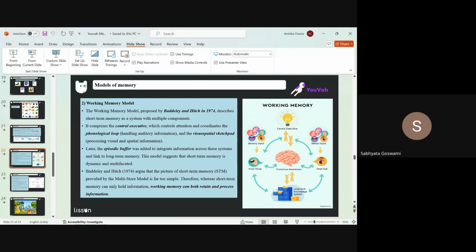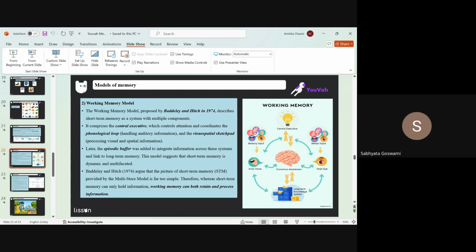where, yes, Zara? And another thing I wanted to ask was, are we also going to be doing levels of processing? Yes. Okay, so like that is another criticism point for the multi-store memory model, right? Yes, right. You're absolutely right. Good job. Okay, so